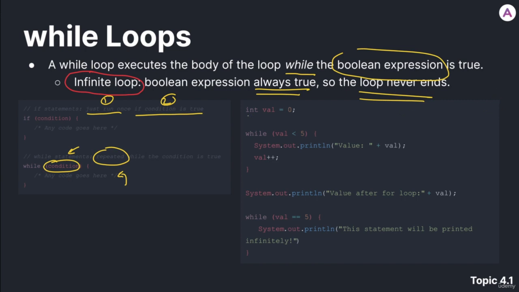So we have right here an integer called val that's being assigned the value 0. Okay, so let's look at this while loop right here. This while loop says while val is less than 5, print out this statement, and then increment val by 1. Remember that this is the same as val equals val plus 1. That's equivalent. So let's look at what will happen knowing that val is 0. Since val is 0, 0 goes right here, 0 is less than 5, right? So since 0 is less than 5,